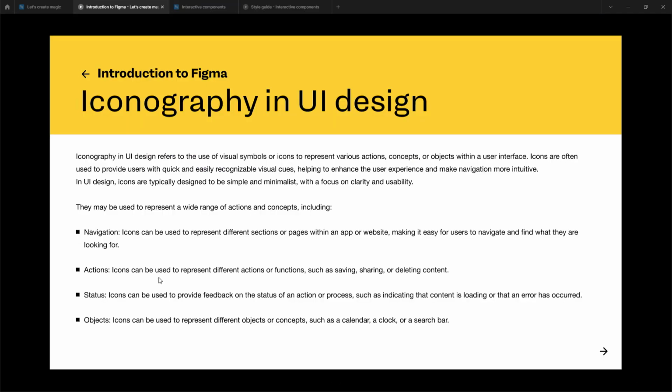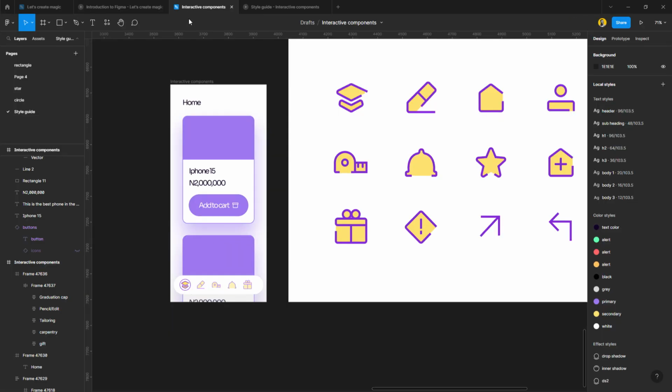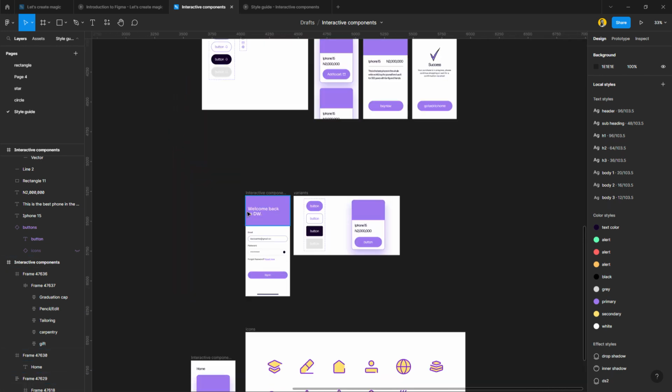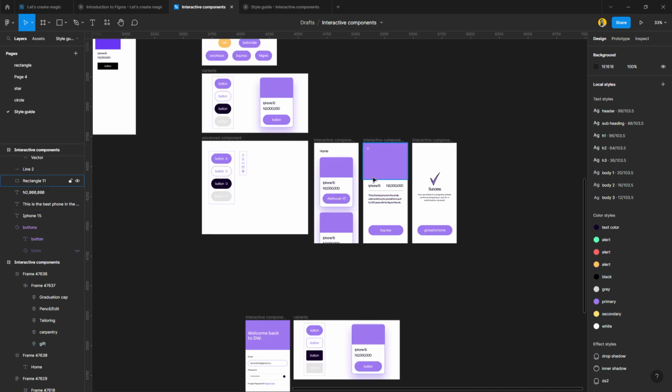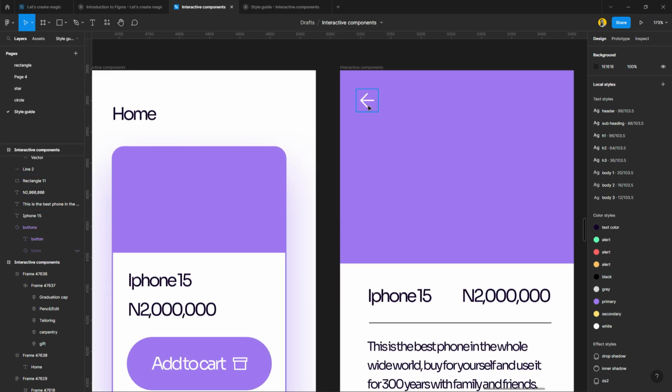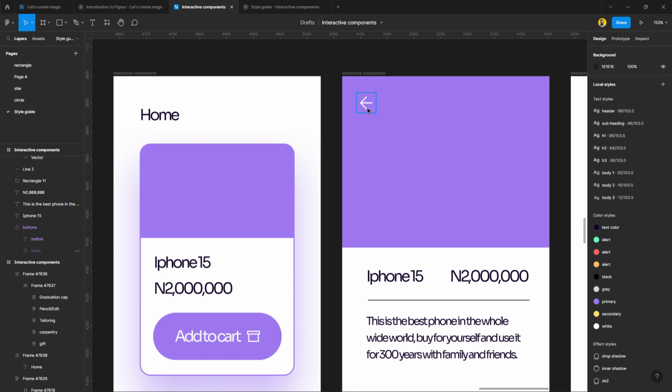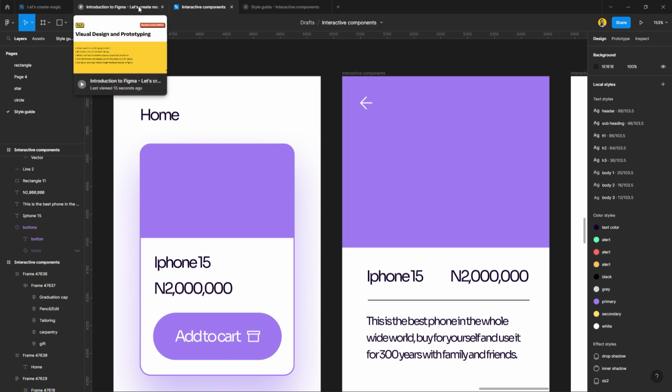So icons can be used to represent different actions or functions, such as saving, sharing, or deleting content. So there are different ways you can do that as well. Aside those ones, you can actually use it for navigations. Like this is an actionable icon. So by clicking on it, it can take you to the next page, and you can use those different icons